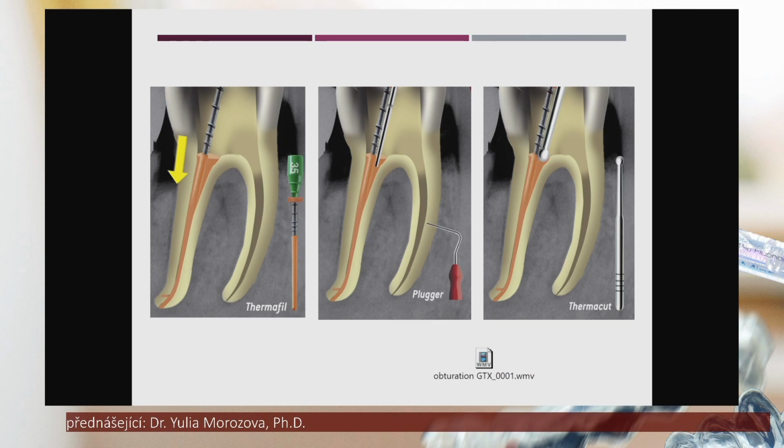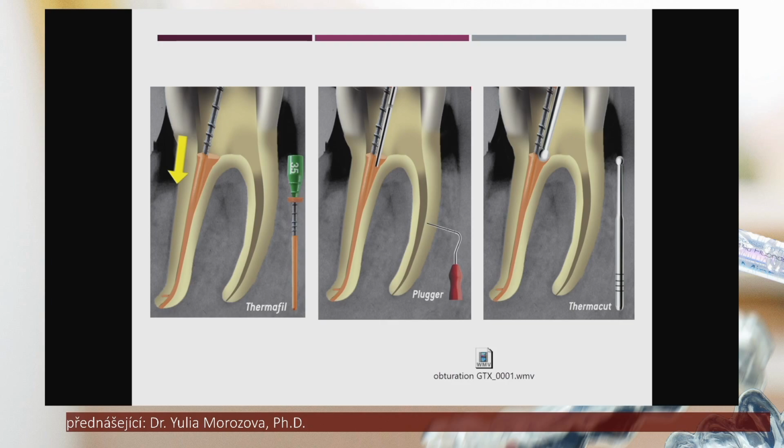When we have put it to the whole working length, we should remove the remaining part of the carrier. If it's based on gutta percha, it's really easy. We just remove it using our hand or, for example, some hand instrument,